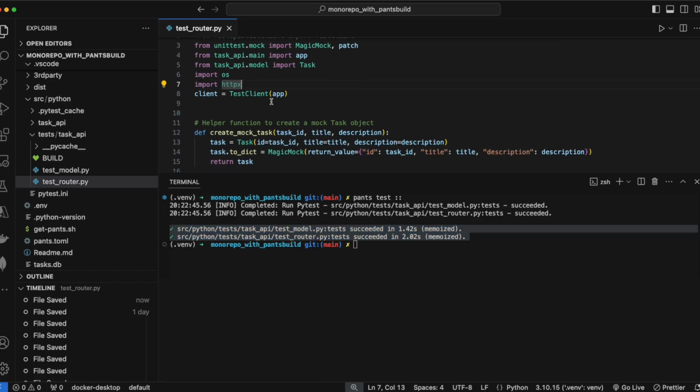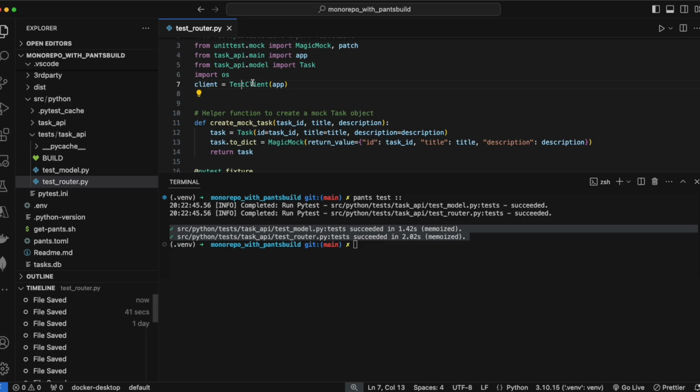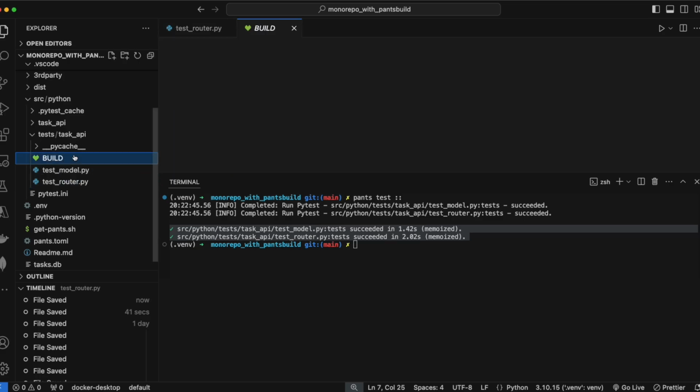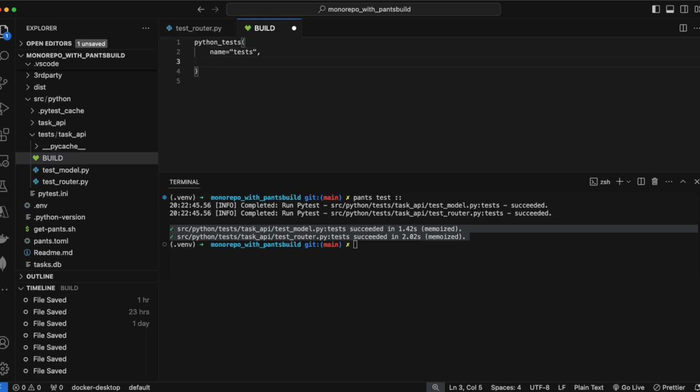But this is not good. This is bad code practice because we are not using this dependency, right? We're just putting it here so that Pants knows to include this into the sandbox environment. So a better way to do this is to use Pants dependencies to tell Pants how the dependencies really work. So we'll come to our build here and we'll add that dependency to say, okay, this dependency is required despite we didn't write it out in our import statement. So we'll say dependencies is equal to,